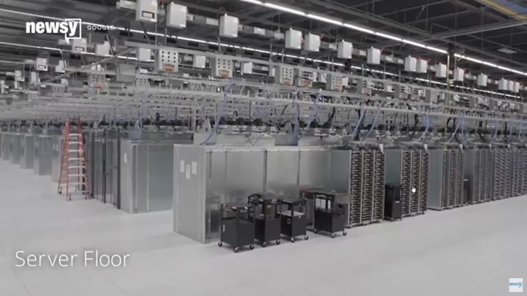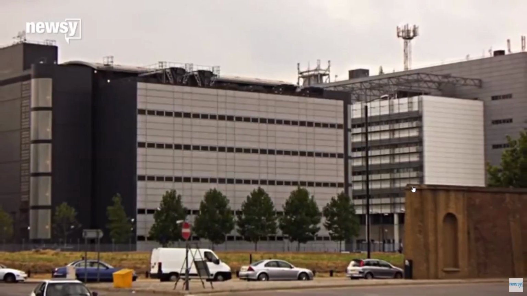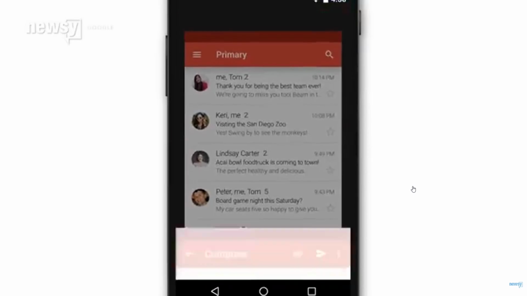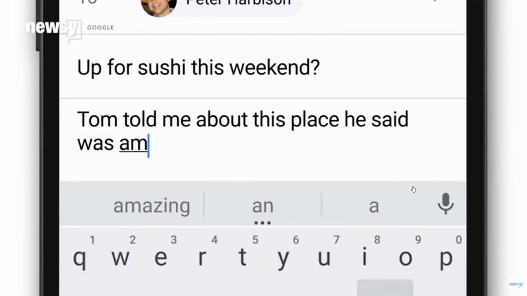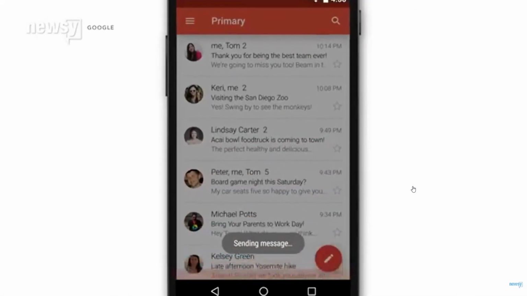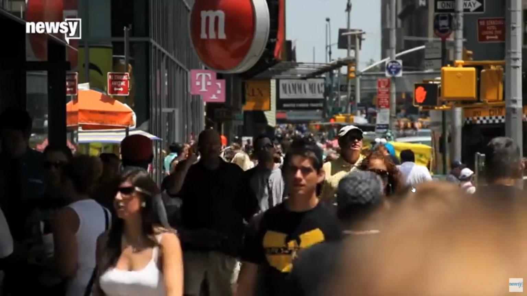Companies like Netflix and Google run their own data centers, which connect to the rest of the network at boring buildings called Internet Exchange Points. If you're checking your email or streaming video, chances are it's coming through one of these exchange points and then through your ISP to you. All told, it's a lot of traffic.